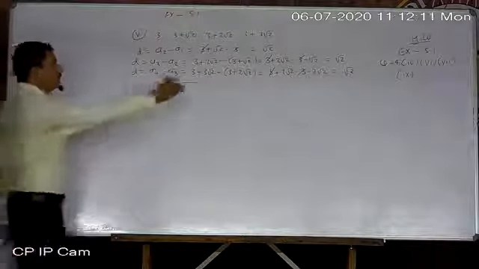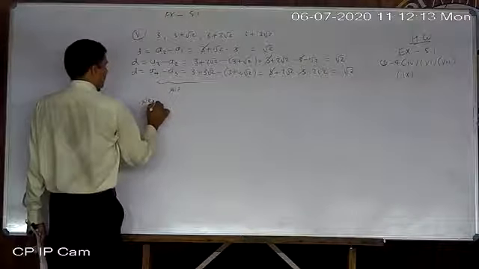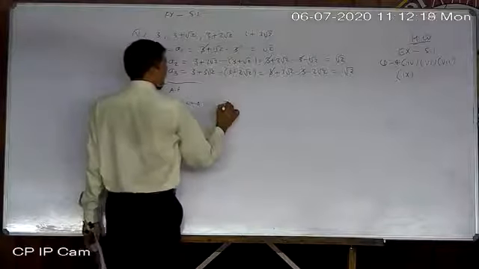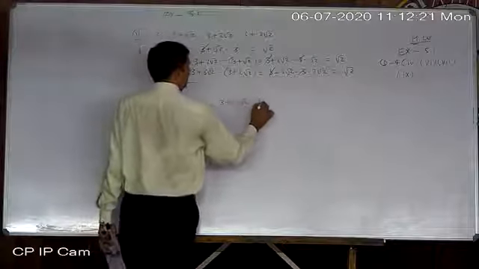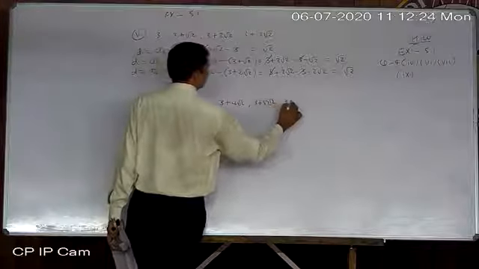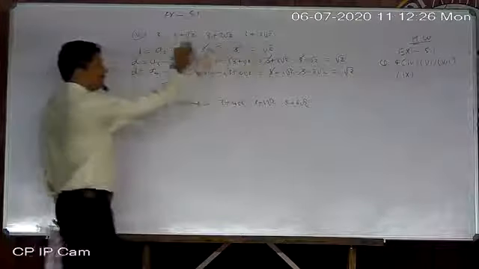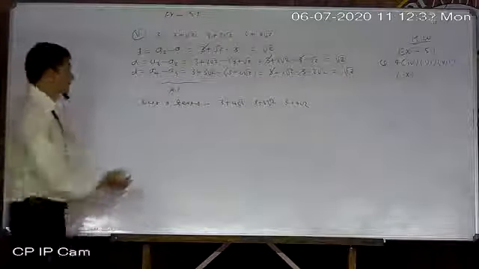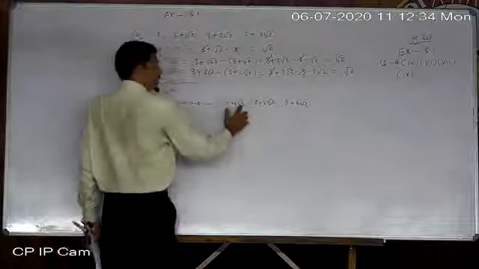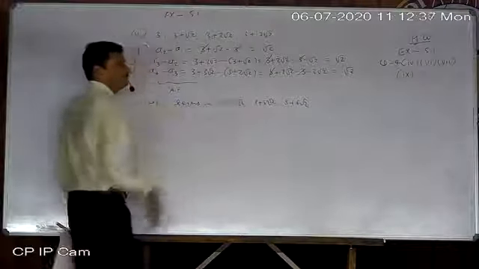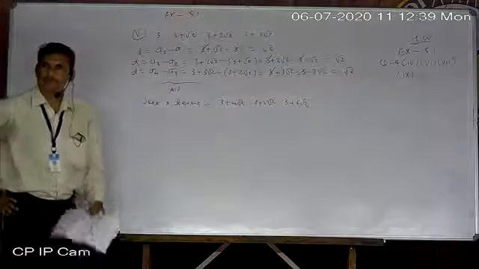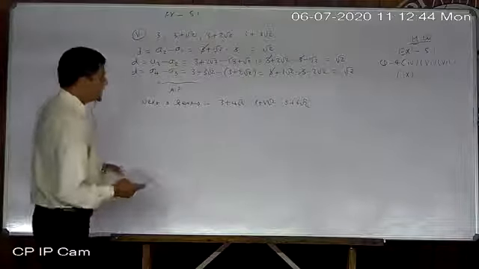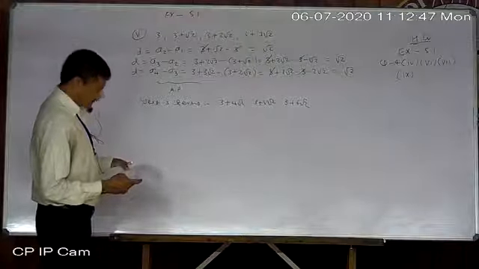Now next 3 terms. Orally only we can write 3 plus 4 root 2, 3 plus 5 root 2, 3 plus 6 root 2. You can understand very easily. 1 root 2 is being added everywhere. So 3 remains 3 only, but root 2 will be increasing. Okay. So next 3 terms. Okay. Now 6, 7.